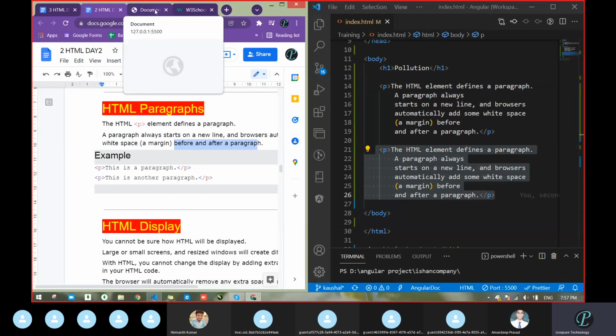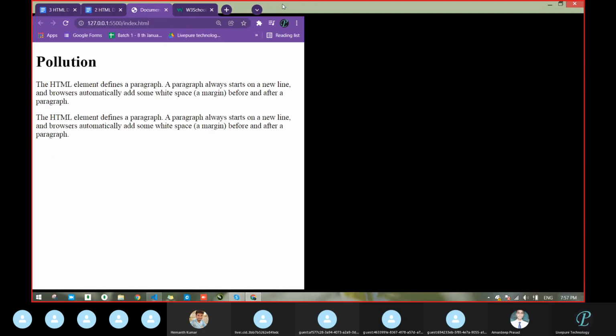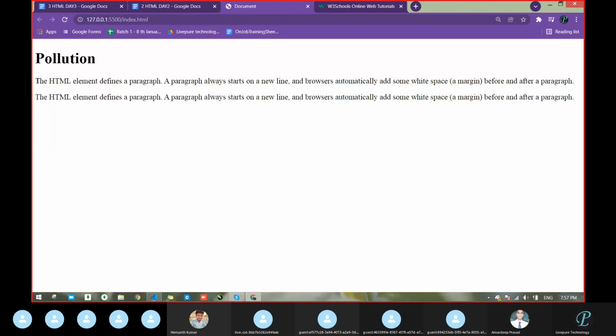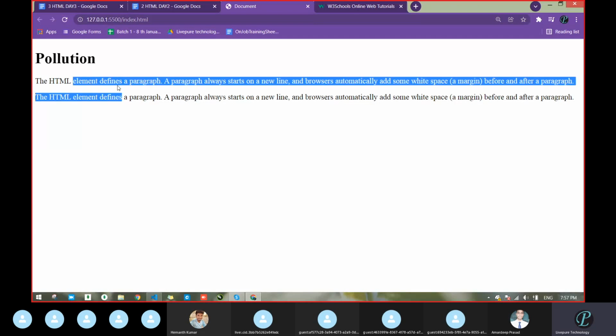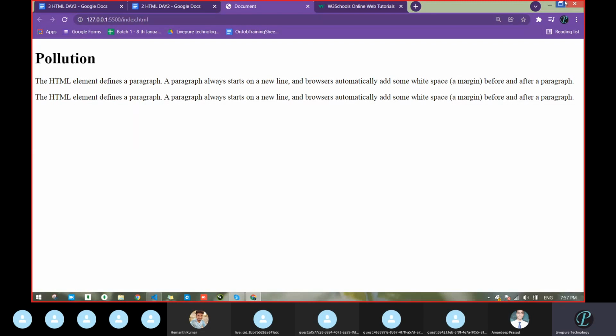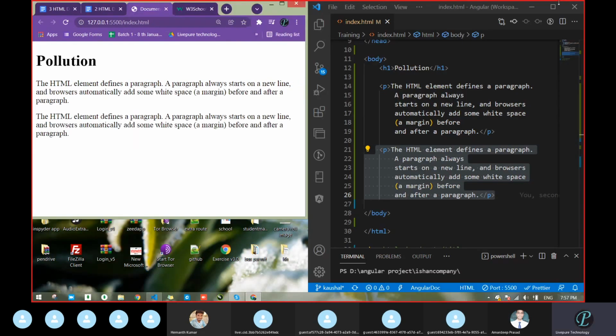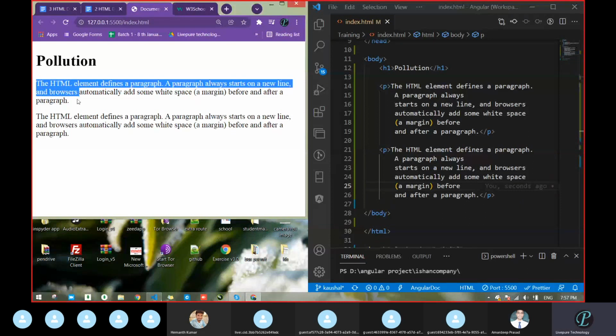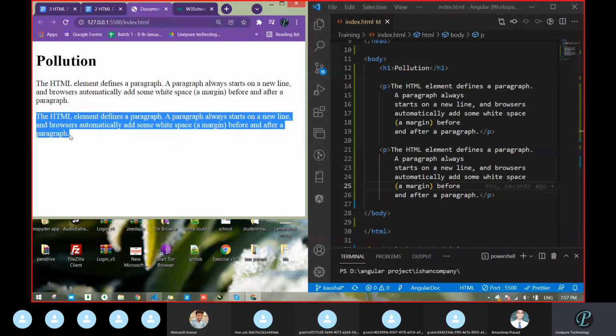Just to verify. This one, this line and another line. See, between these two lines, the gap is something extra. But when you write the same thing inside one paragraph itself, see, when this full content is inside one paragraph, and this full content is inside another paragraph.